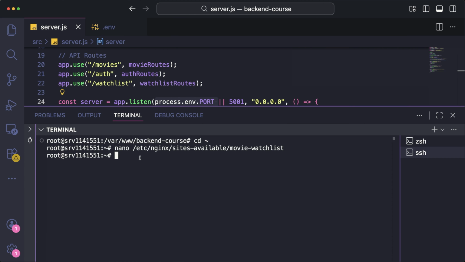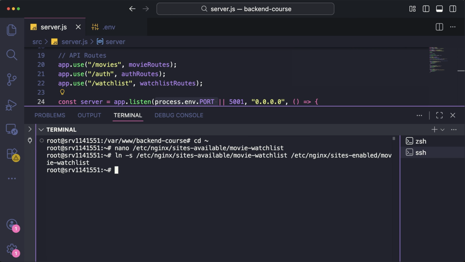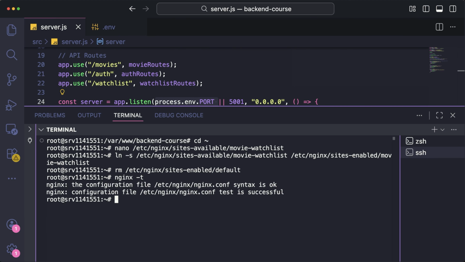Now, what do we do? Well, now we need to enable it. To do that, I'm going to run the command ln -s, then put this entire path over here, just like this. And then I'm going to paste it again, but I'm going to change it from sites-available to sites-enabled. Perfect. I'm going to press enter. That's great. Then I'm going to remove the default from sites-enabled. I'm going to, again, come back over here, delete this, say enabled, and then delete the default file. Then I'm going to run nginx -t, and it says that it's successful,